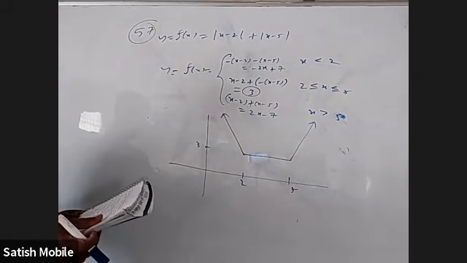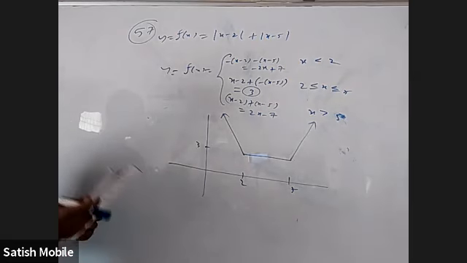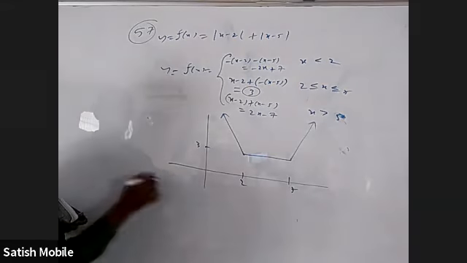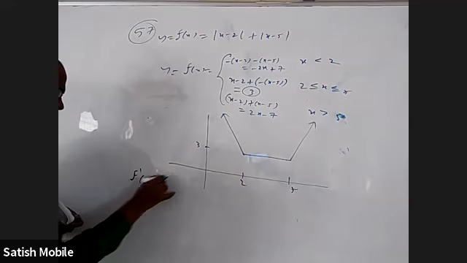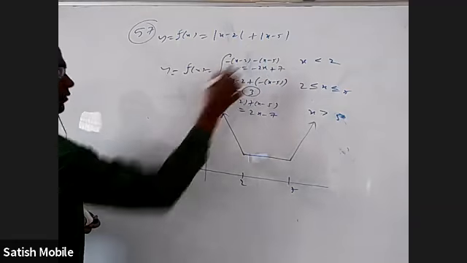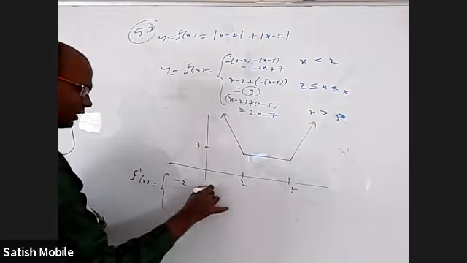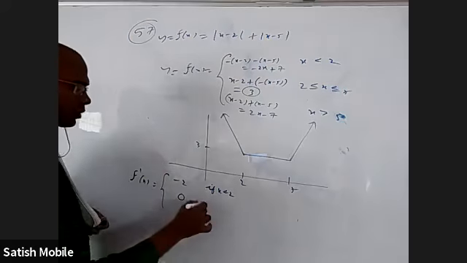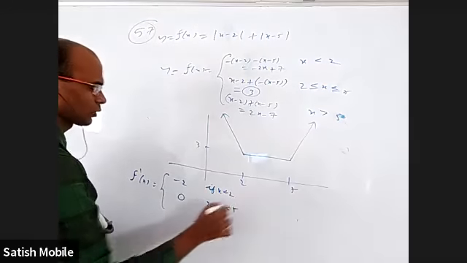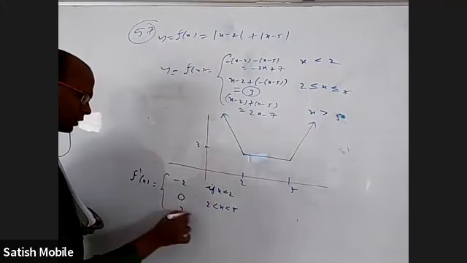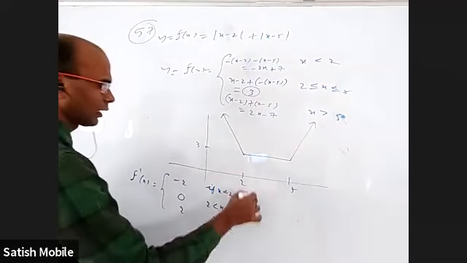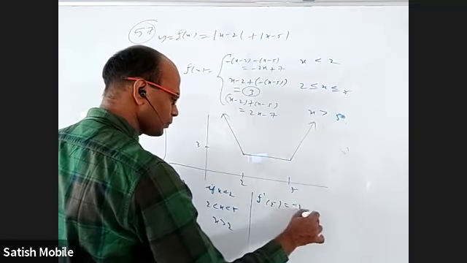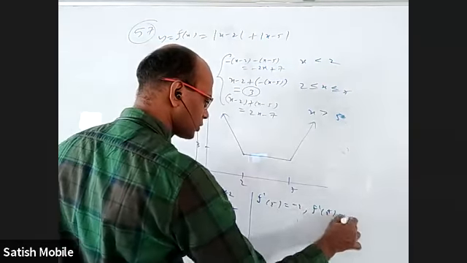So coming to this question, they wanted f dash 4 between 2 and 5. Everywhere derivative is 0. I can even write what is f dash x. If somebody wants f dash x, derivative is minus 2 if x is less than 2, and a different constant, derivative is 0, but in the open interval you should write, not the closed interval, 2 less than x less than 5, and this is 2 when x is greater than 5. And apart from that, f dash 2 minus is minus 2, f dash 2 plus is 0.